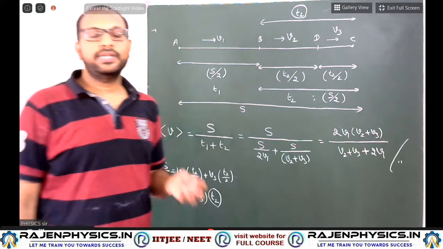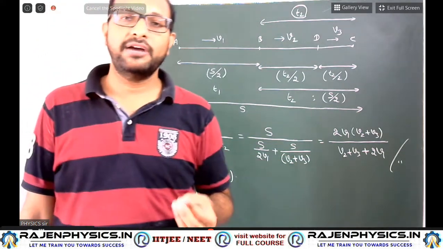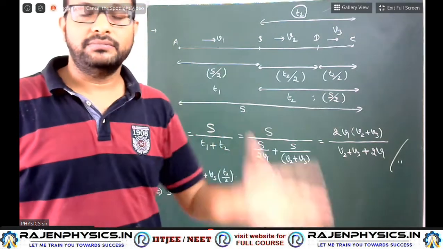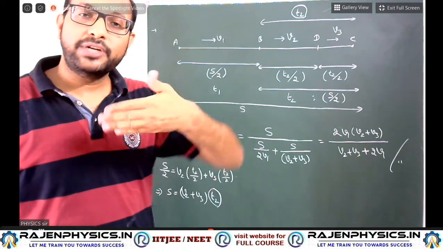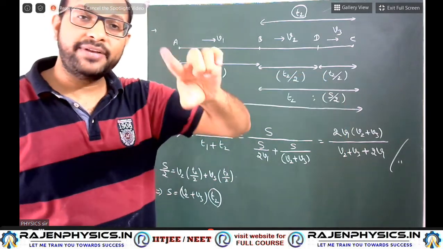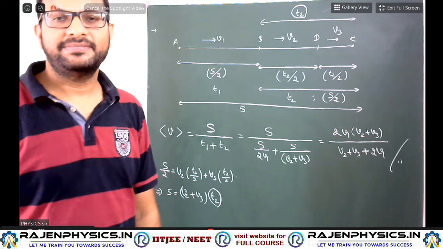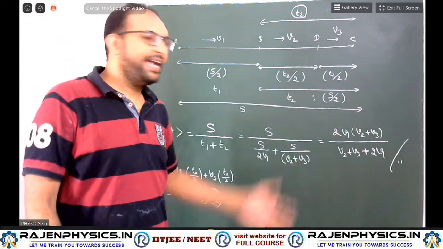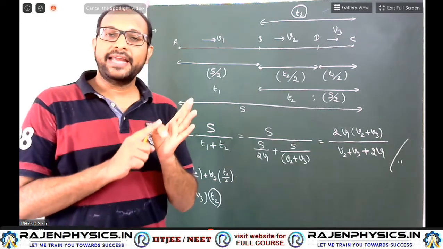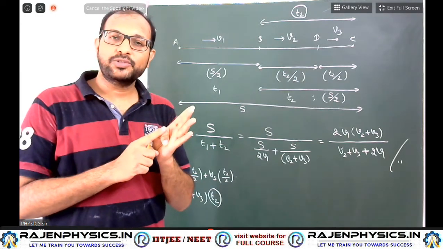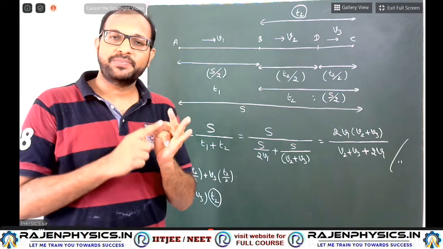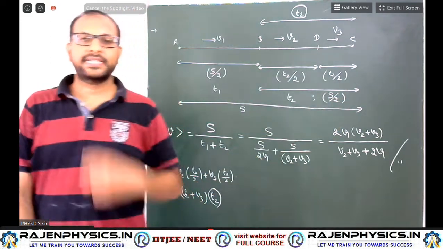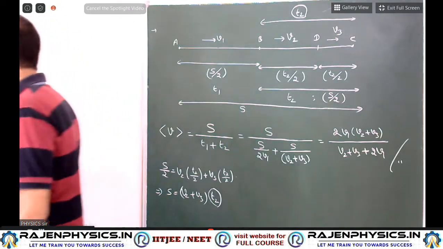So this is how to determine the average velocity, even in a difficult problem. And since it is single direction motion, average speed follows the same concept. Okay, now moving to the next level. Instantaneous velocity, instantaneous speed, average velocity, average speed, all levels are over. Next, now we enter into acceleration.